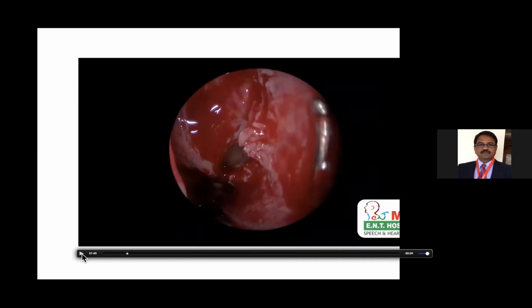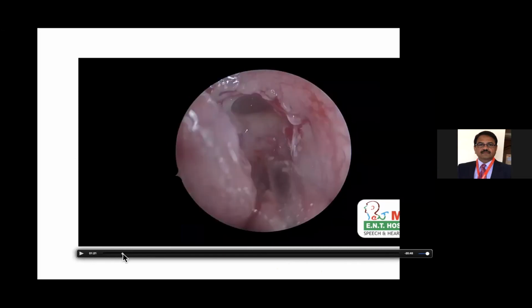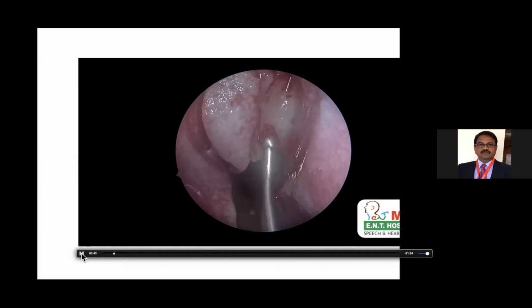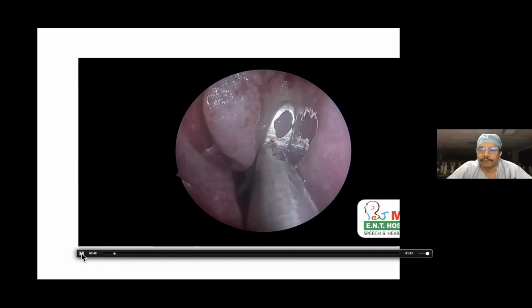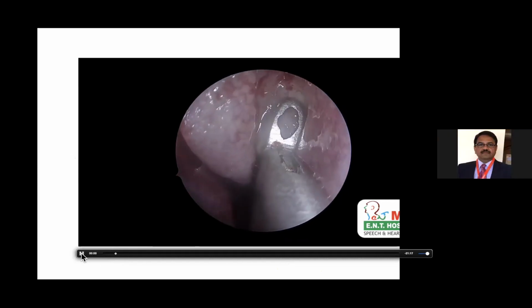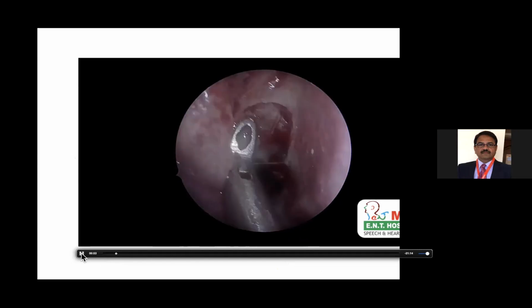Now before we go further, let us delineate the landmarks again. Inferiorly, you cut it first at the junction of vertical and horizontal part, right? And the second is here, where it attaches to either the middle turbinate or the skull base, the uncinate process. So here, why did you make an incision here? Why didn't you go totally up to the middle turbinate?